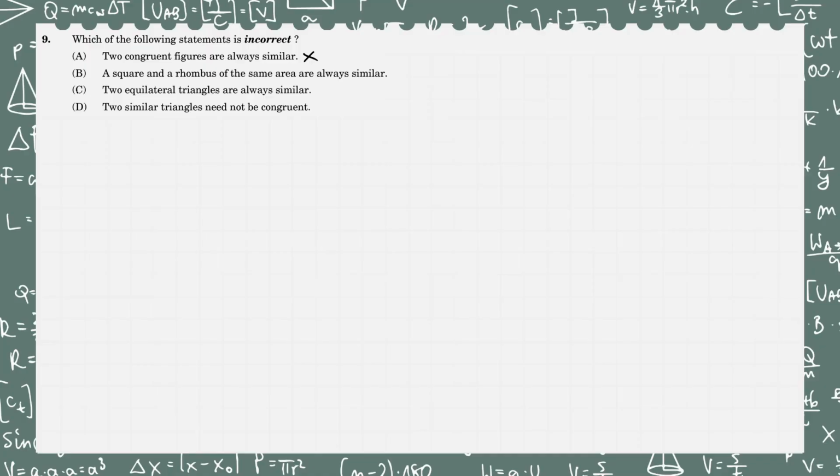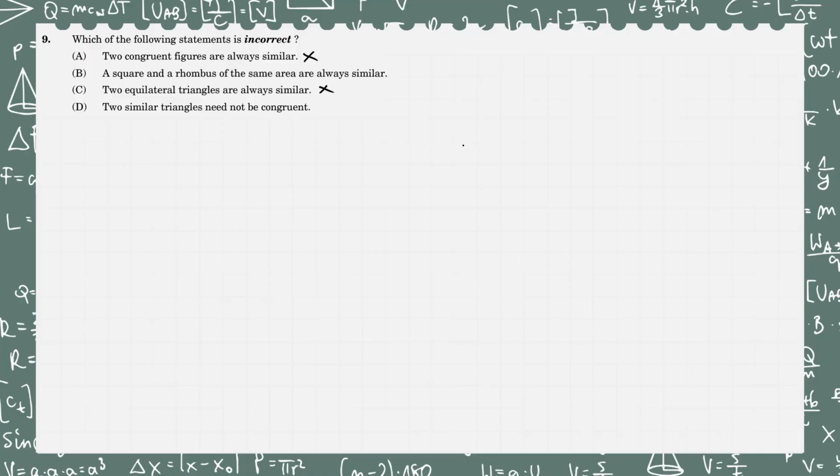And look at option C. Two equilateral triangles are always similar because whatever the equilateral triangles, the sides will be the same, right? All the sides will be the same, so the proportionality will always be there. And equilateral triangles will have 60 degrees at every vertex, so all the angles will always be the same. So two equilateral triangles are always similar is also a true statement, but we don't want a true statement here,